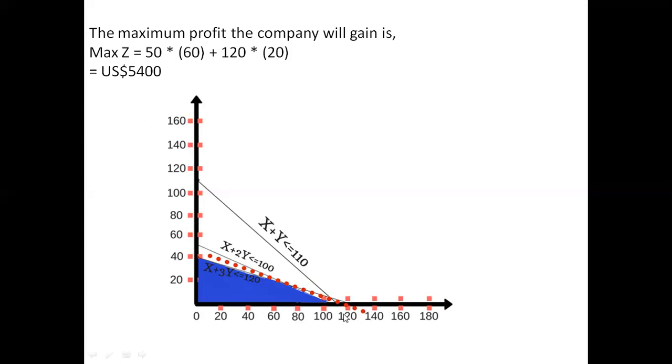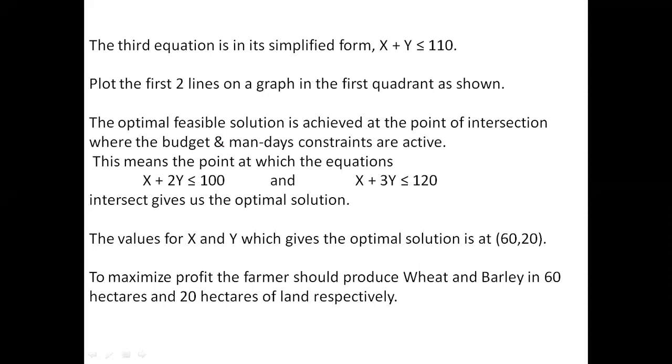The main difference here, upon intersection of the third line x plus y less than or equal to 110, clearly specifies the deviance between these two equations is 20. Hence the 20 is the barley case of deviation manufacturing. So hence 20 hectares of land is utilized,